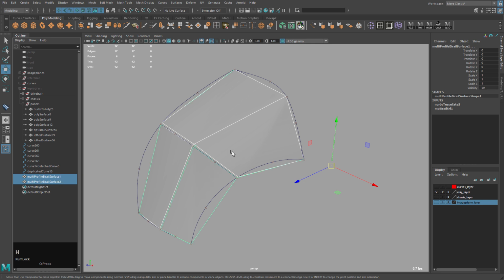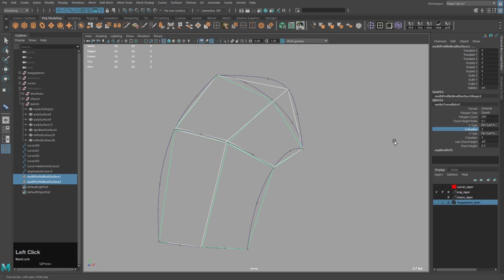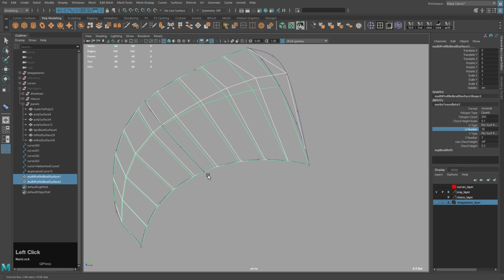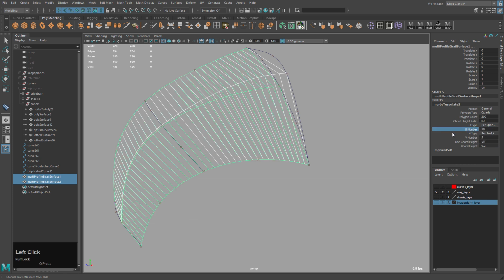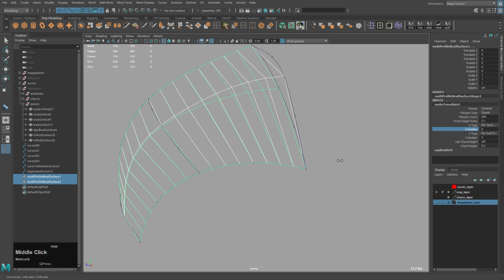Unhide this one. So now we have two here, but you'll notice that if I select both of these U numbers and drag them, see how they don't line up exactly? But if I set this to per span number of isoparms, like this, and then reduce that, you see how they're actually matching exactly, because it's going between the edit points.